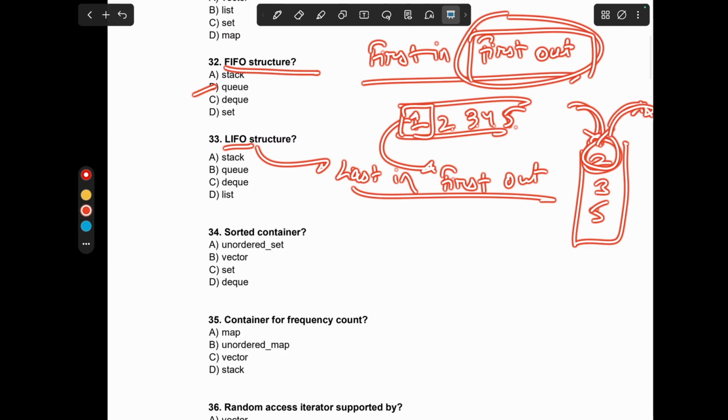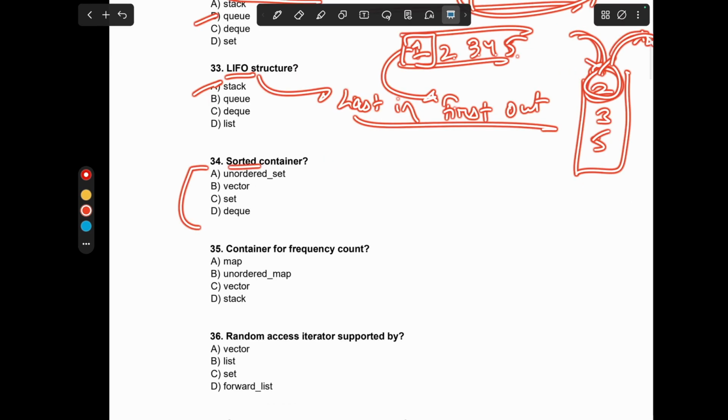Last in first out, so our answer will be stack. Sorted container: unordered set, no. Vector, no. Deque, no. So our answer is set. Container for